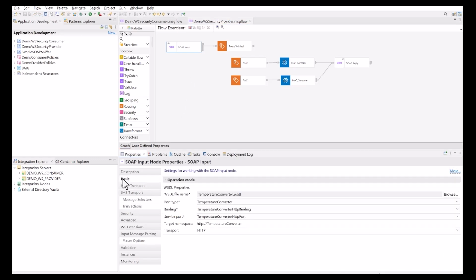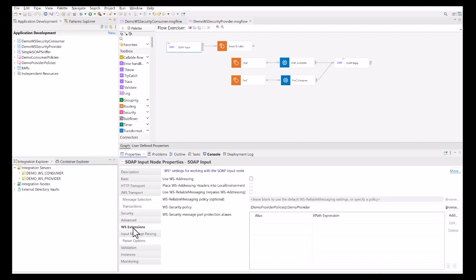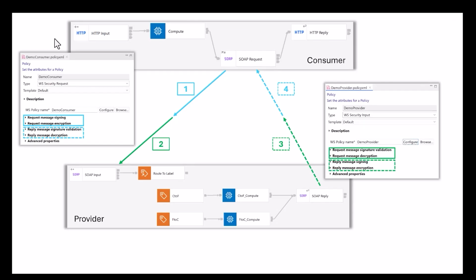Exploring the provider message flow, on the HTTP Transport tab, we can see the path suffix URL. We can also see that Use HTTPS has been ticked, and there's a similar relationship, this time with the Demo Provider policy. We'll go back to the toolkit to play some data through in just a moment, but looking in